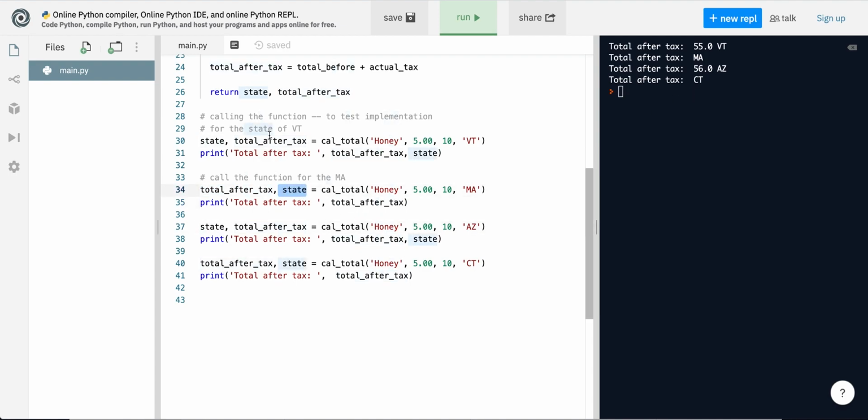That is because whatever variable, it doesn't matter what you call it. If you call this chicken head, it doesn't matter. What will matter is the order that you have here. So the first value here is bound to the first value returned, and the second one you pass here is bound to the second value that you pass in the return value. So if you reverse the order here, Python is not going to care. It's still going to assign the state to the total tax, and still going to assign